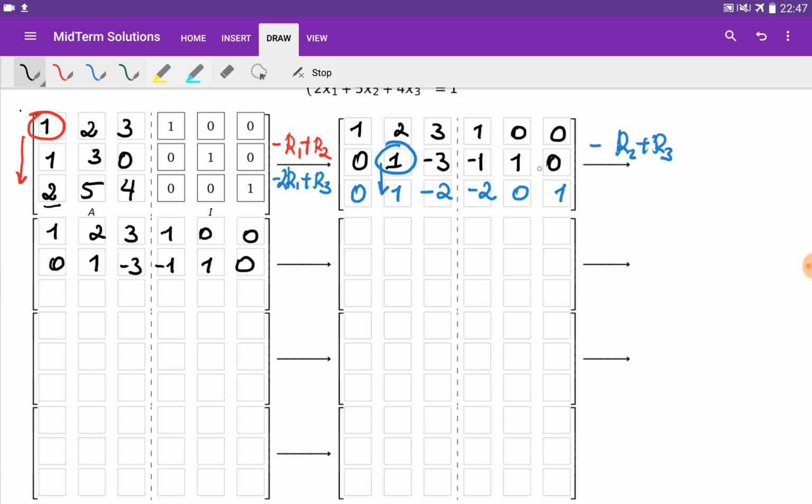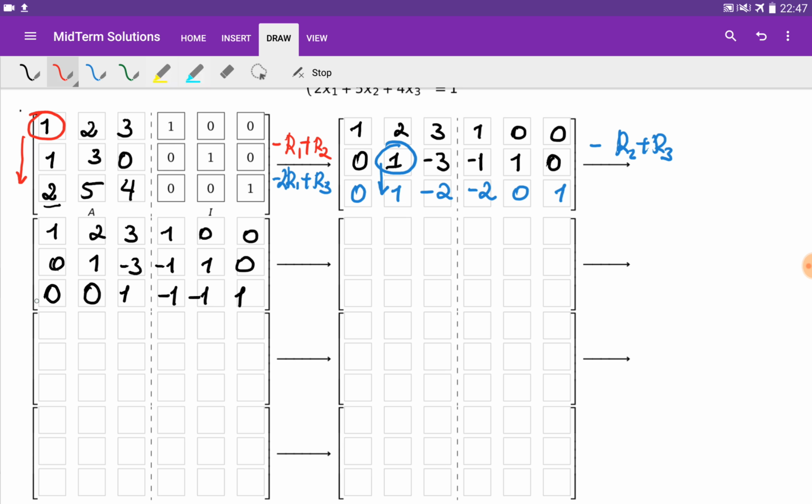So I need to copy the first 2 rows as they are. Now I need to multiply all the entries on the second row by -1, and I have to add this to the third row. It's going to be 0, 0, 1, minus 1, minus 1, and 1. Right? So we reached our goal, so we chose this element as a pivot and eliminated all the entries